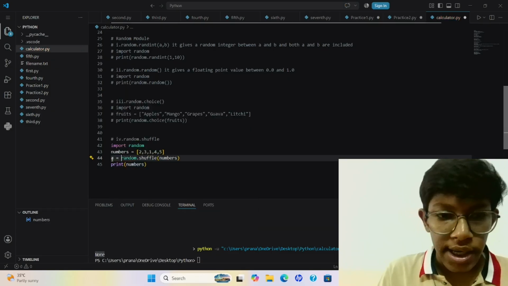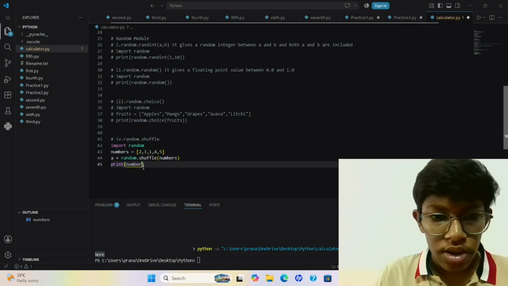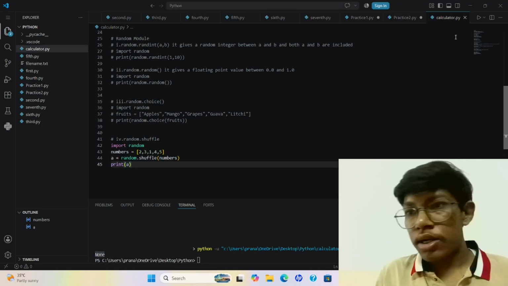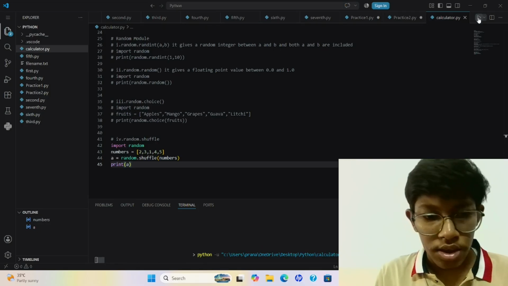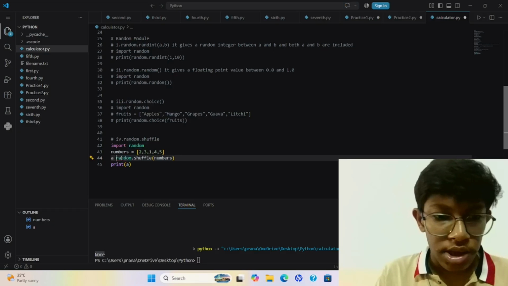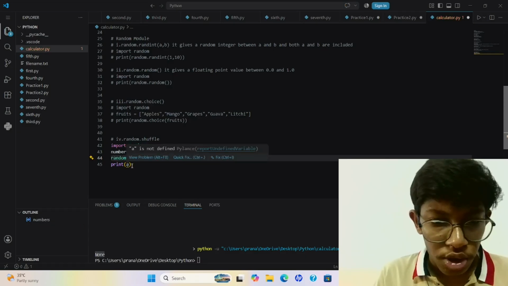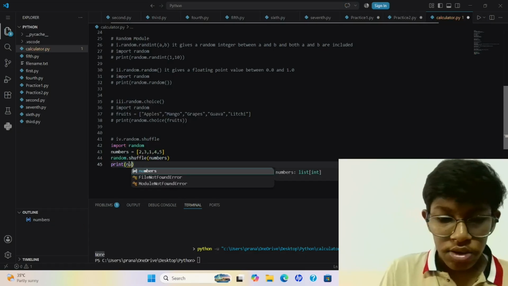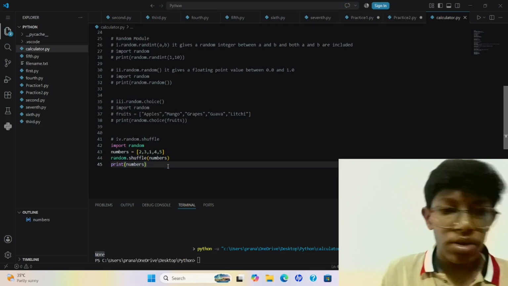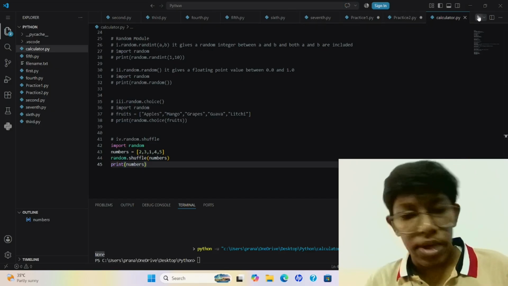Suppose I take a as variable. Now if I try to run, okay, let me see where we are going wrong. If I print my numbers, now if I try to print,